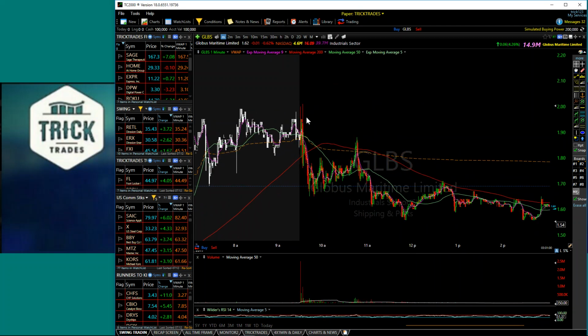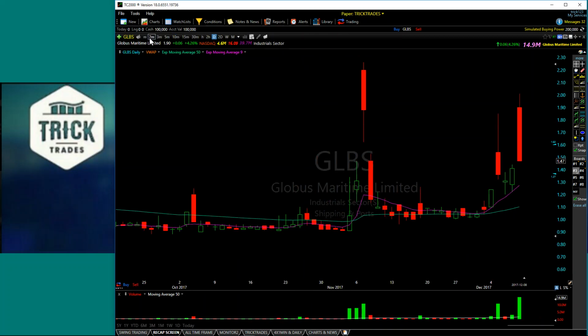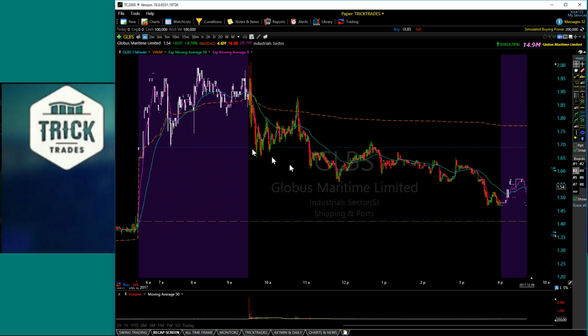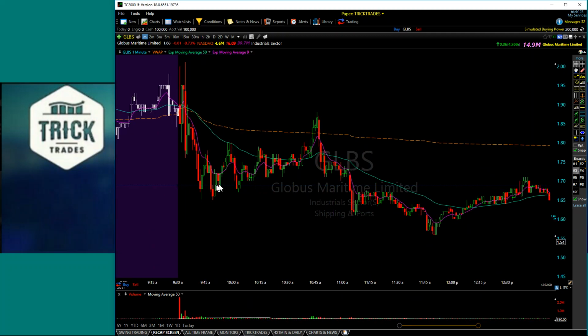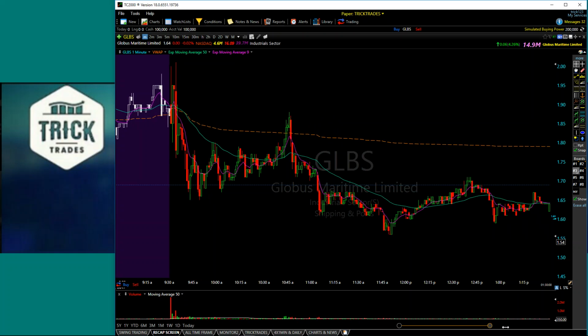So as it really washed out here, I do want to go back into this screen. This is just a nicer screen to look at. Really solid setup. Very happy with the trading today. So once it broke lows, I always take some sort of covers. You got to pay yourself on these trades because they have a tendency to squeeze back up very quickly, very easily, and that's fine. So on GLBS, this popped up and then it sold back off, and this ended up washing out